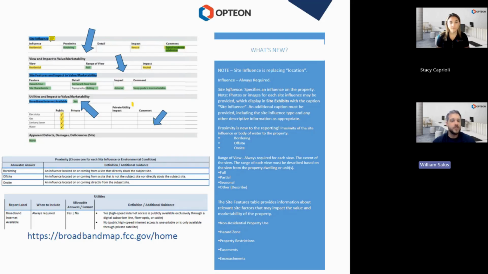Stacy, when looking at proximity and range of view, how does that provide more clarity? Yeah, I think that these are really great additions to our reporting. And with the site influence replacing the location, we're going to see a lot more organization to it. While you're seeing residential on this one, you can see that we also are going to put in proximity. In this case, it says bordering. You'll also have the drop-down support of on-site or off-site for that proximity of the influence. You can do photographs of your influence right there in that same section, which is going to help for underwriters, going to help the intended user to understand any impact that might be adverse or beneficial or neutral of that